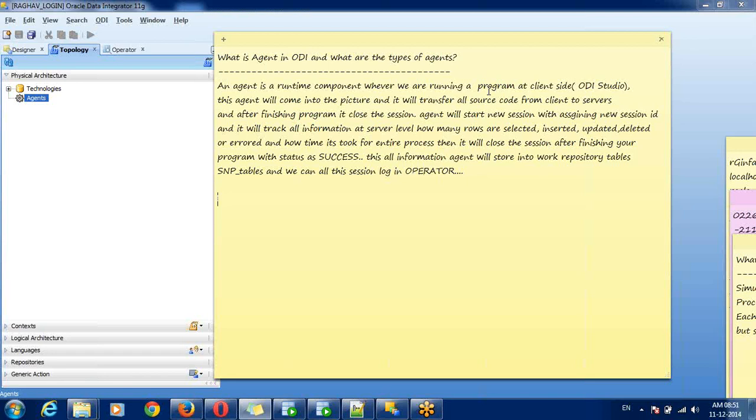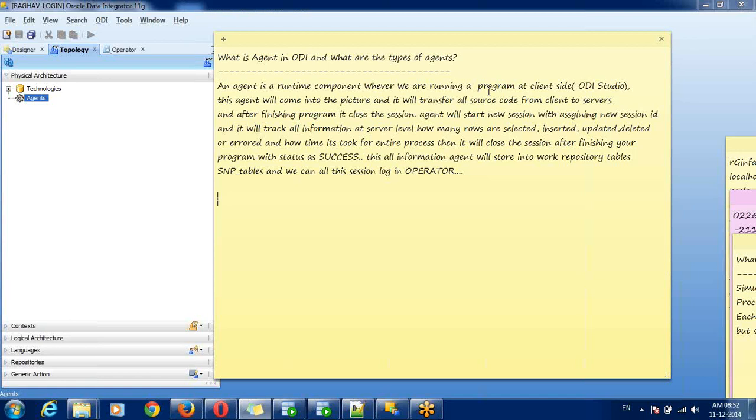Agent is a runtime component. Whenever you are running a program, the agent will come into the picture and take the source code from your client, that is your ODI Studio, or maybe any other client like ODI Console. Then it will transfer your source code to the particular servers, source server or target server. It will validate, like ping that server to see if it is up or not.